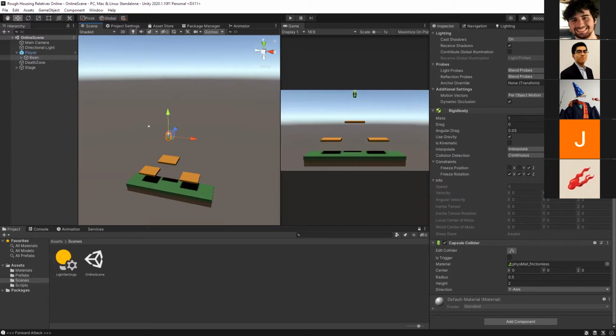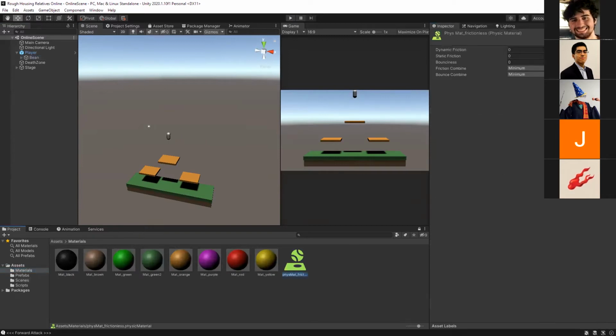And lastly, on the capsule collider, there is a physics material, frictionless. The reason for that is because Unity's default friction is like 0.3, and that's fine for physics simulations. But for a game where you have custom movement on the ground and you've already got custom friction, you don't want Unity's friction to mess that up. So in materials, there is a frictionless material, which is a physics material, and the friction is just set to 0 and the combine is set to minimum.